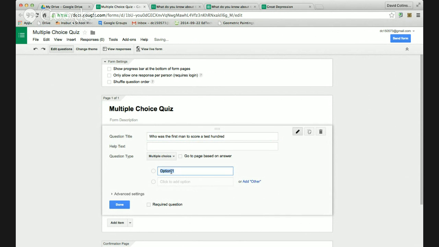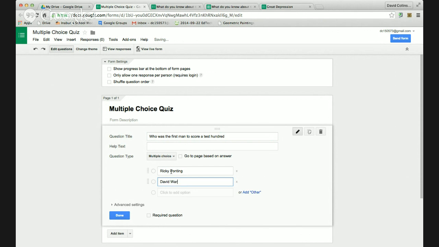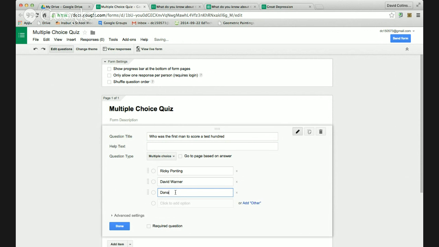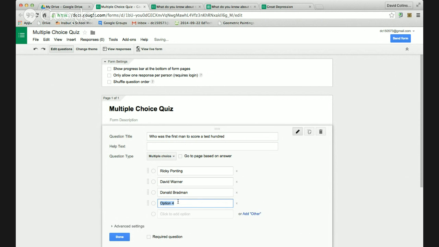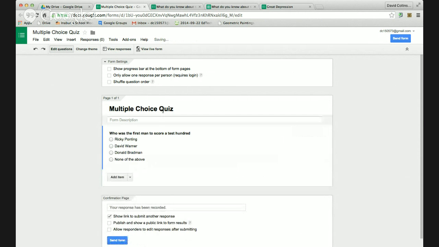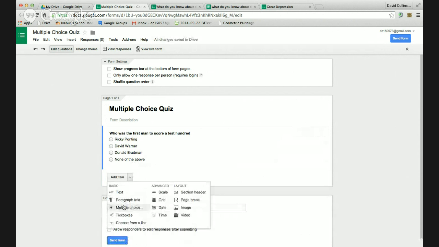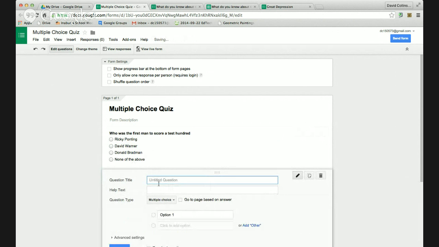All right, and Ricky Ponting, David Warner, Donald Bradman, or none of the above. Okay. So there's the first question, multiple choice quiz, and we'll just quickly create a second one, which is